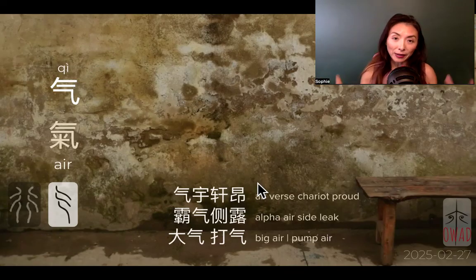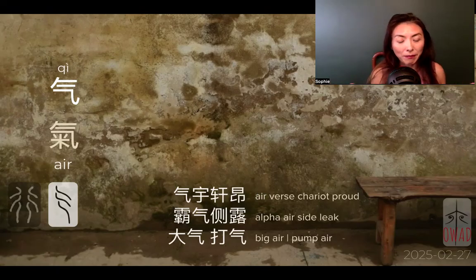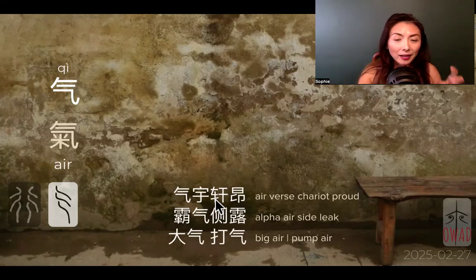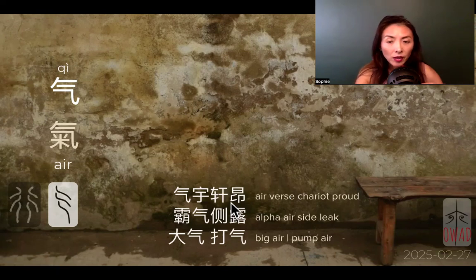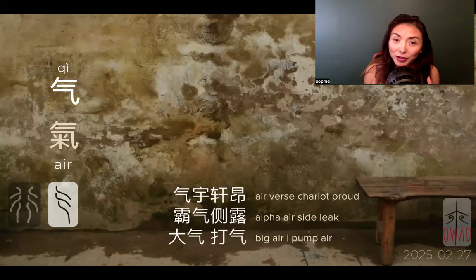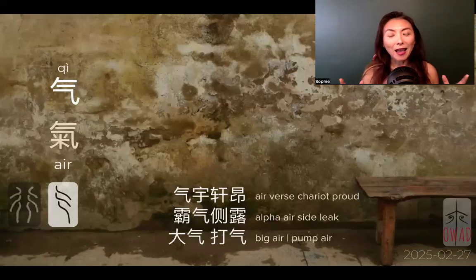It's later that we already invented the wheels, and we can use that chariot on the battlefield. So the left side here is the chariot, and the right side is the spear or some weaponry. So it's a war machine right there, and ang means proud. That in wartime, I guess, this qi, this energy of your whole army is especially important. So when you have a xuan'ang, that war vehicle, if that war vehicle standing up straight and proudly charging or